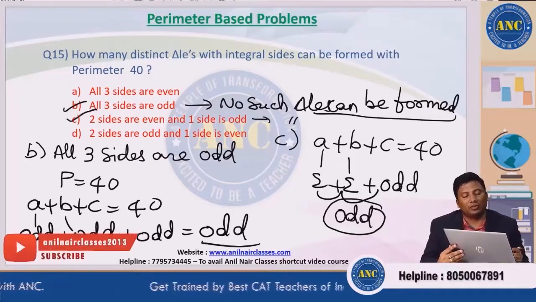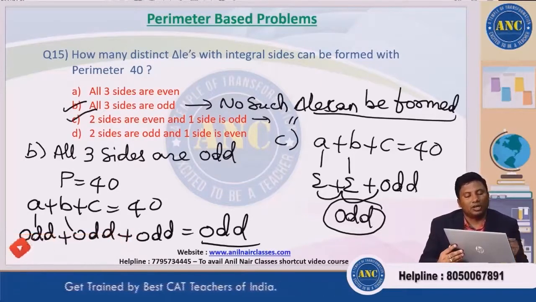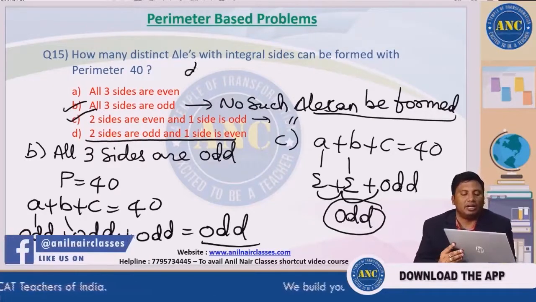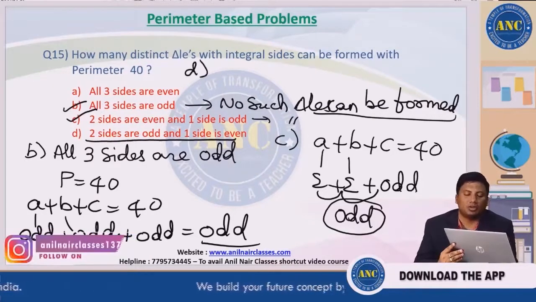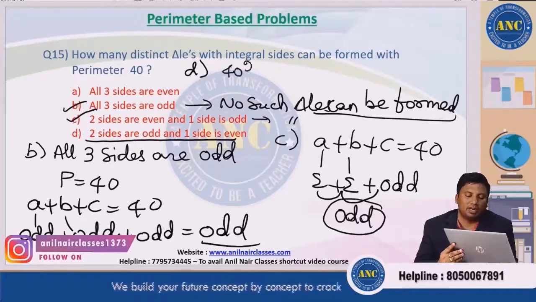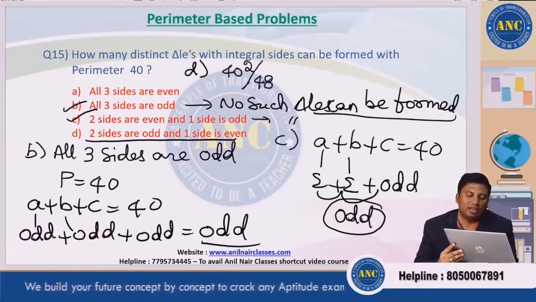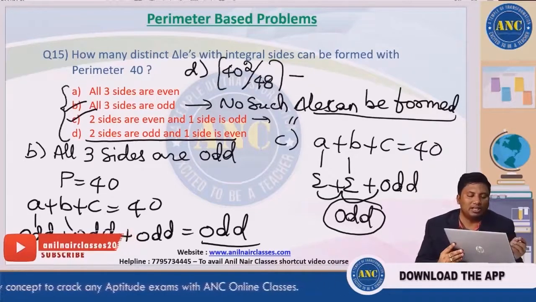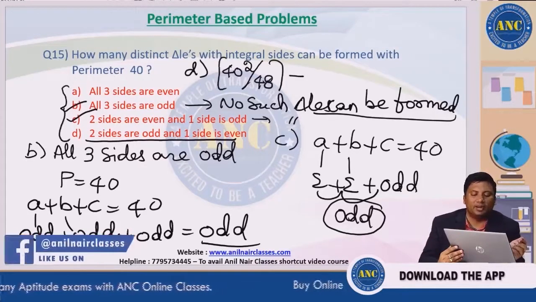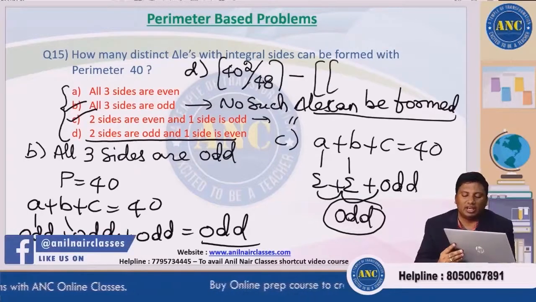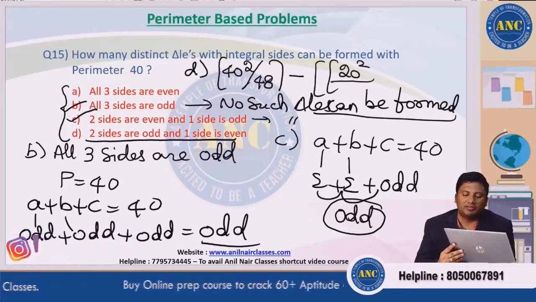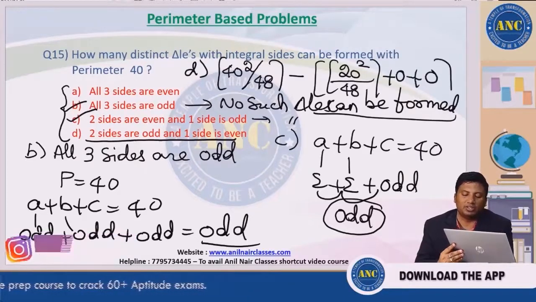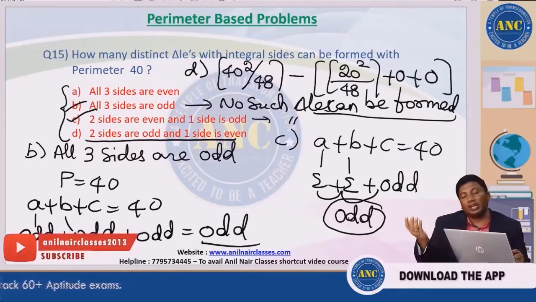Next one, third one: two sides are odd and one side is even. What is the total? Total is nothing but 40 square by 48. Total triangles minus the sum of all these A, B, C, D. What is A, B, C, D? It is the nearest integer function of 20 square by 48, plus 0 plus 0. Am I right? Total cases minus